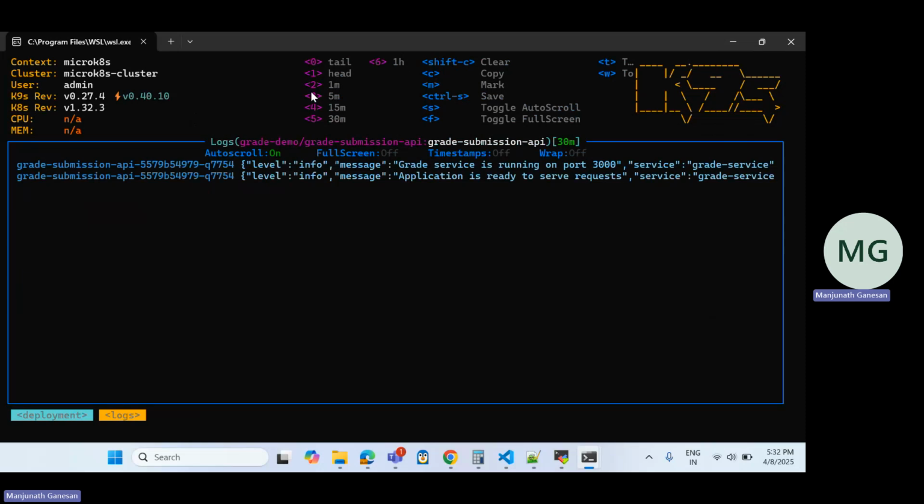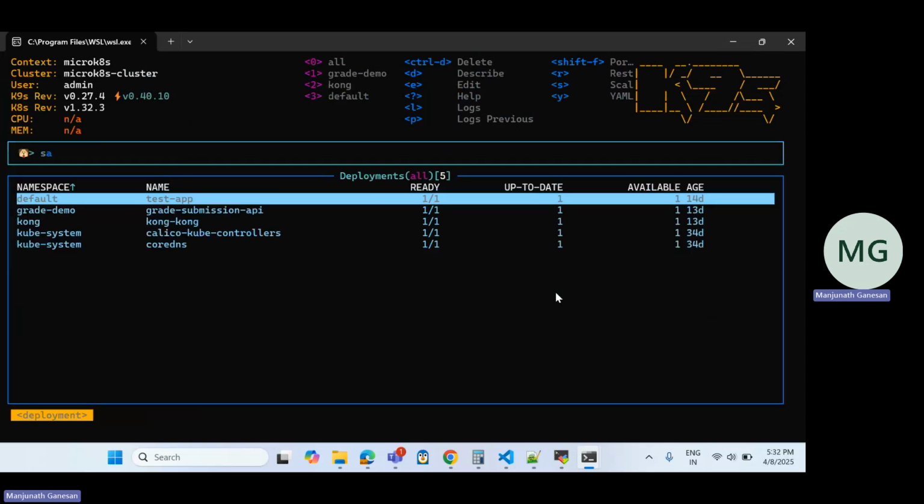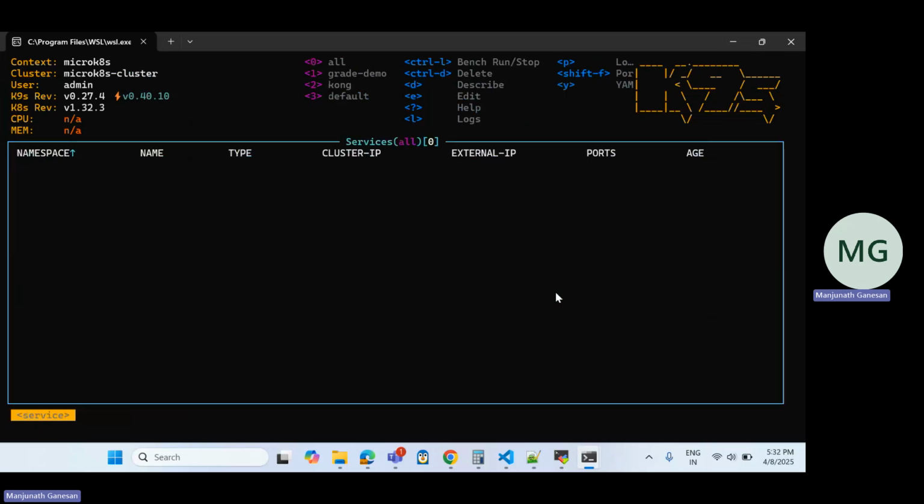You can check for the last 15 minutes, last 3 minutes, last 5 minutes, and like that you can check. Even the last 1 hour of logs you can check. If you want to save, then you can also save. It will be saved in the temp directory. Okay, go back with the escape button, and if you have a service